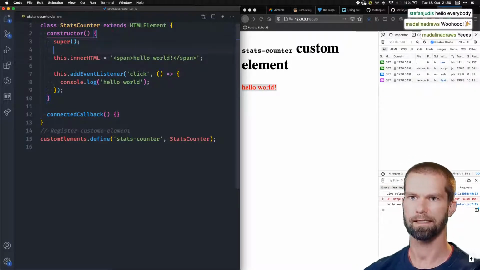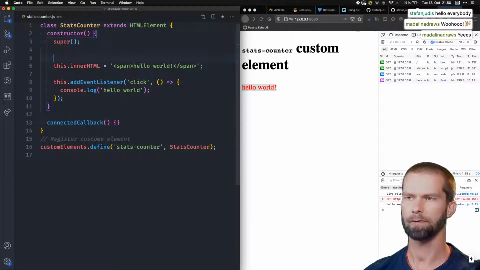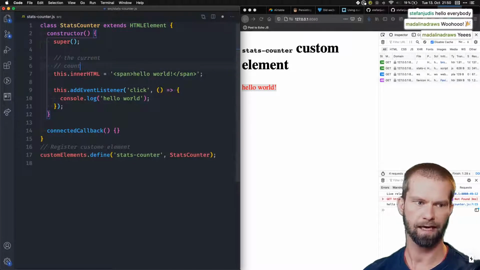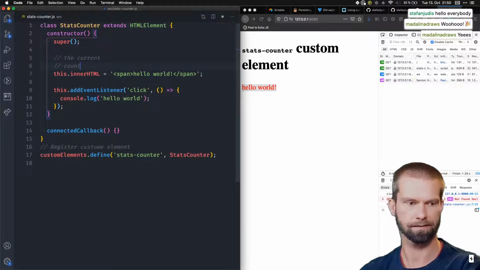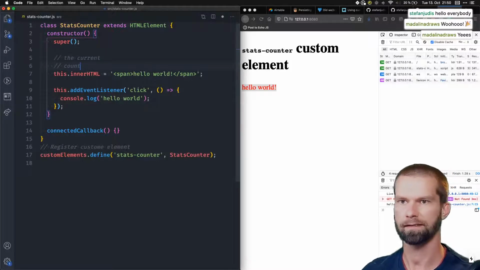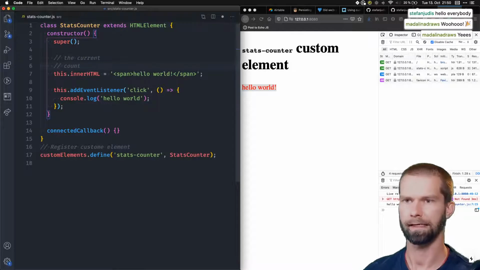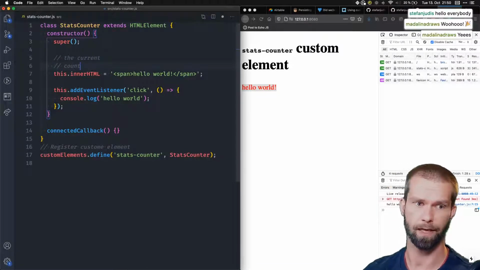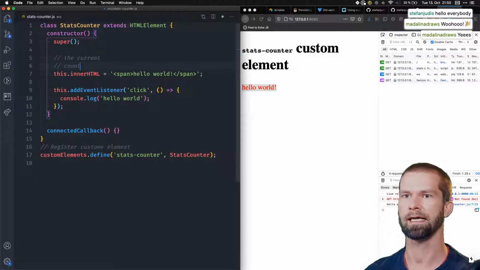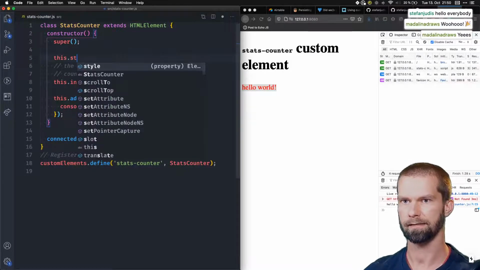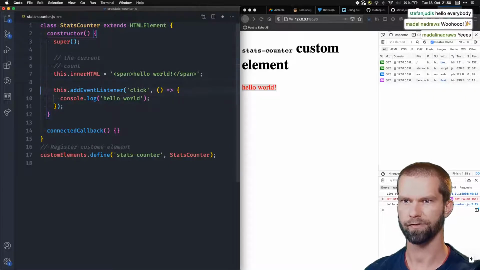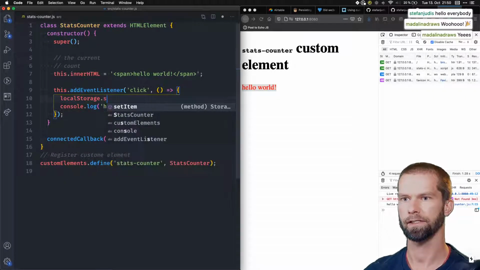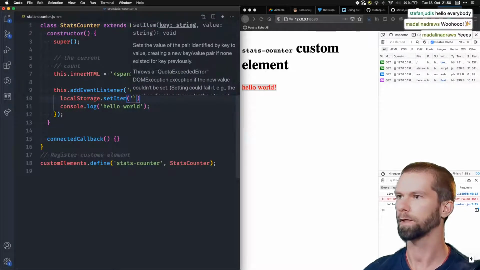Okay, so how should we do this now? For a statistic, probably we need two things. We need to get the current path, and we need a count. I'm not very interested in storing the information if someone clicked on something on the server side, because that becomes a little bit complex, because you have to handle users and paths and stuff. So I think what I want to do is write things to local storage instead. So on click we could say local storage set item,